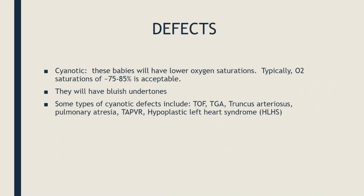So, the cyanotic defects. These babies look a little more sick. They look a little more blue. They have lower oxygen saturations. Typically, you'll see these babies with SATs of around 75 to 85%. That's an acceptable range for them. You'll see their bluish undertones in their fingers, their toes, their nail beds, especially their